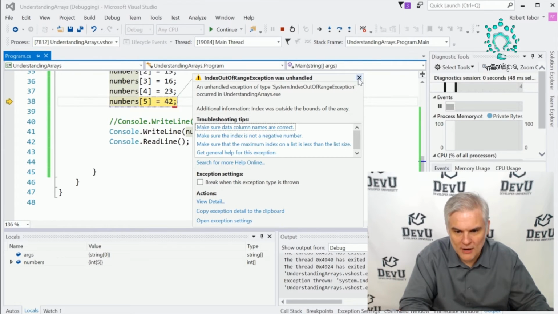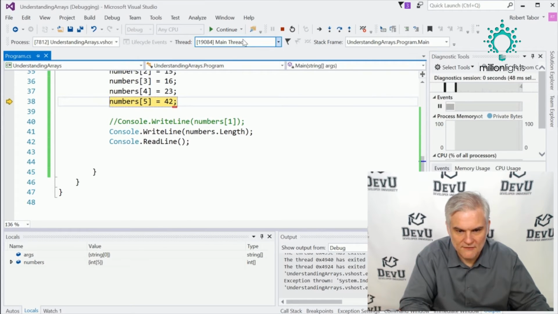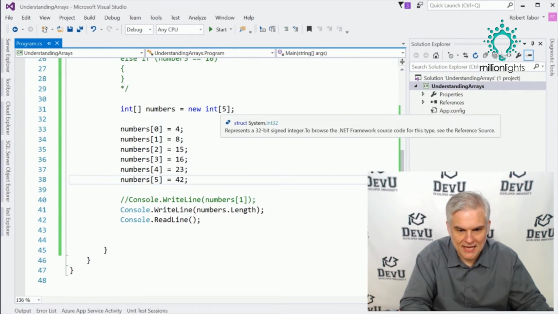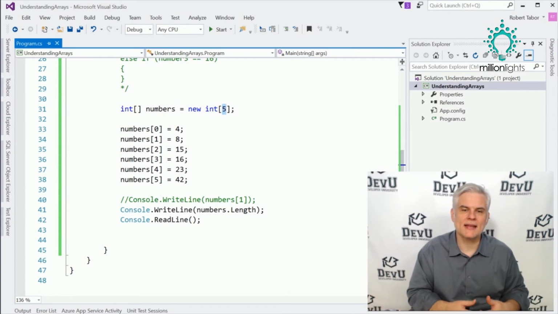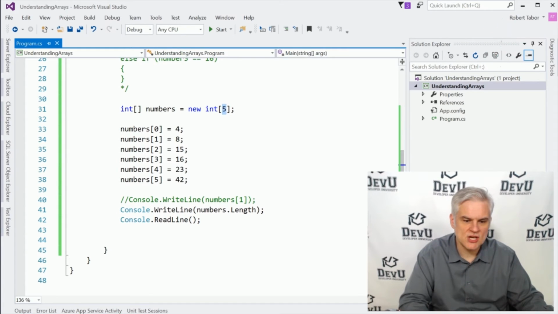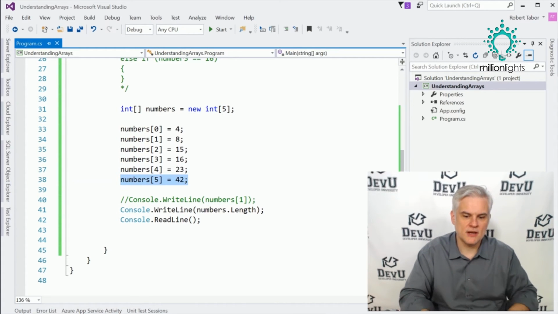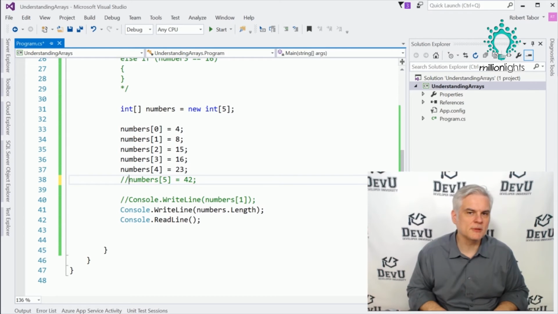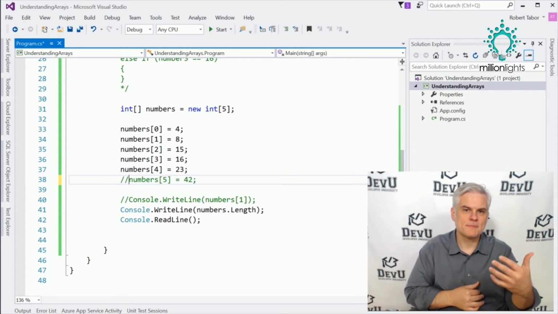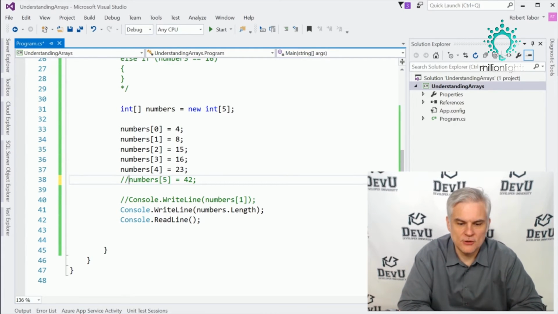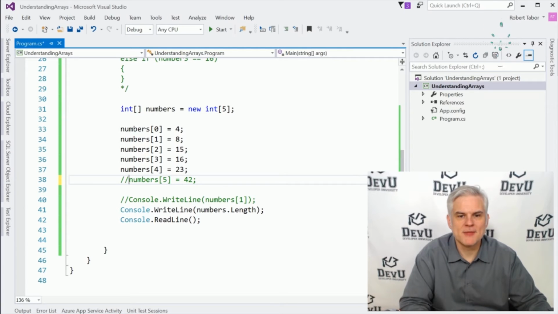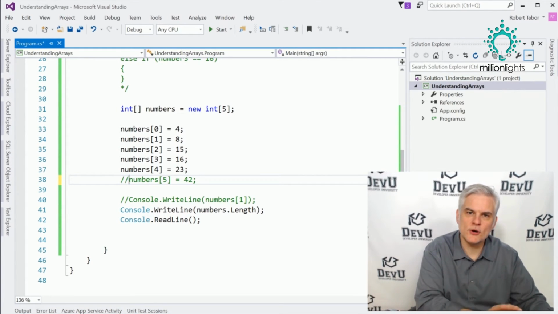So in order to remedy this, we can either redefine our array at the time of declaration that we need actually 6 items, or we can go ahead and change at runtime the number of items in our array. It's a little bit of an advanced topic. I don't want to talk about how you would go about doing that, but it is possible to do it programmatically at runtime. All right, so let's move on from there, and let's talk about maybe a simpler approach to